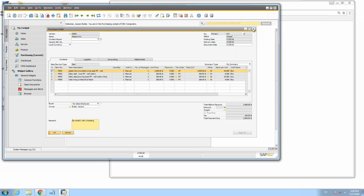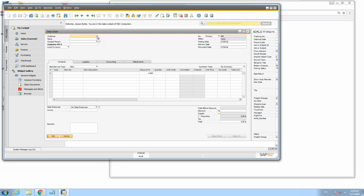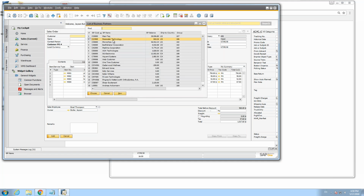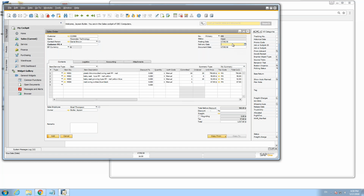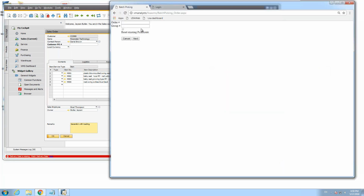Now, sales orders, I have to go to SAP, going to sales, to sales order. Same story. I'll take the last sales order. I do a duplicate. For me, easy. I put a customer in it. I put a delivery date in it. I tell, be careful with loading. And I add the sales order. So I can put in here my sales order 495, but